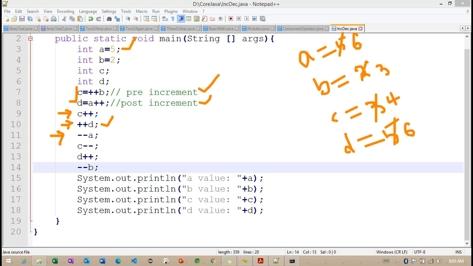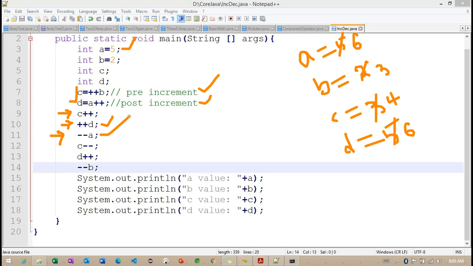Getting the point? So don't get confused with the reference of pre to post. We have some little difference between pre and post to understand here. Observe, when we come back from line number 10, we run line 11.